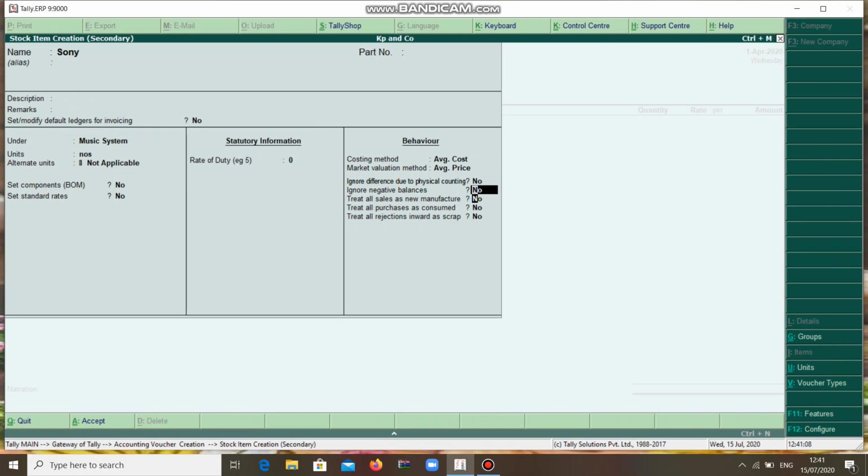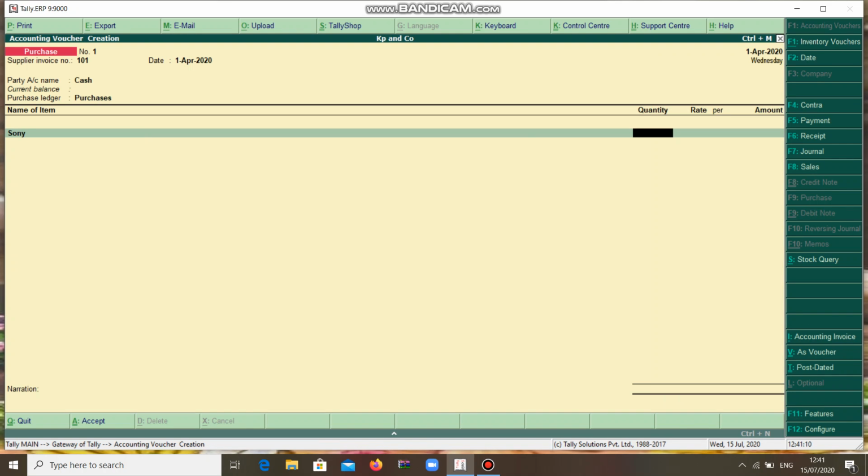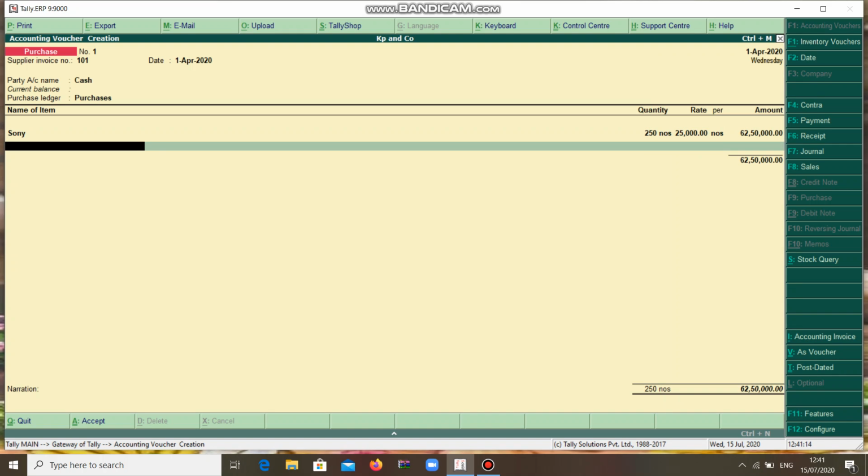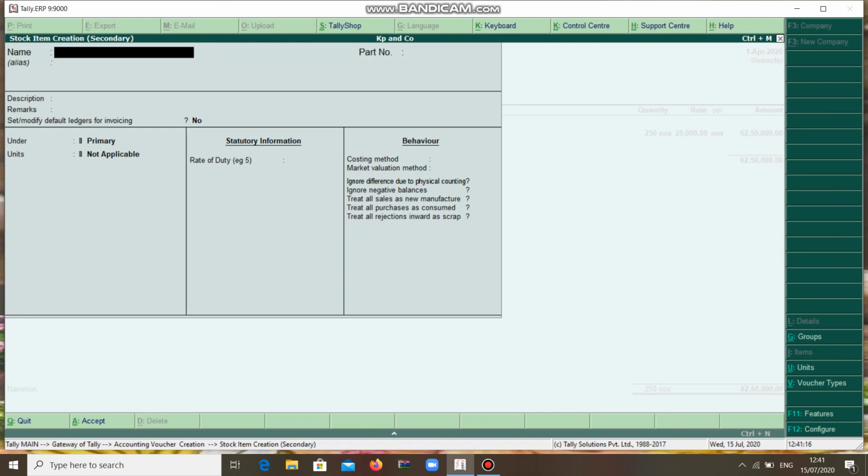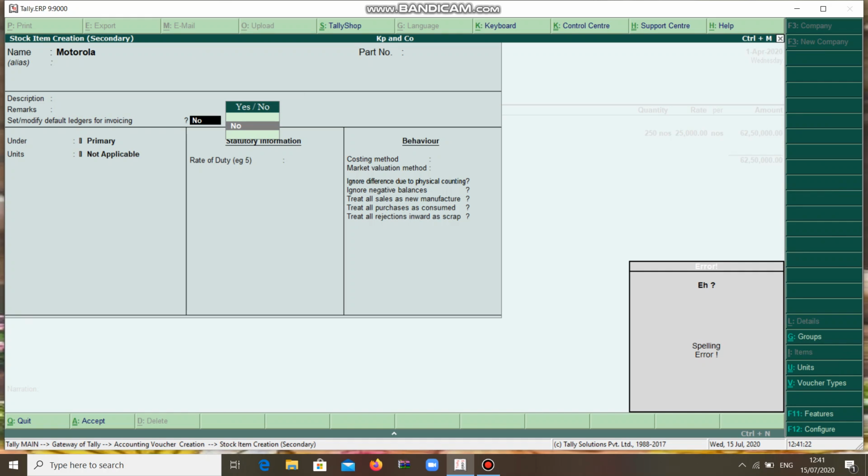Now quantity, rate, value. Now another one I have to create with the shortcut key Alt C, Motorola. It comes under cell phone.